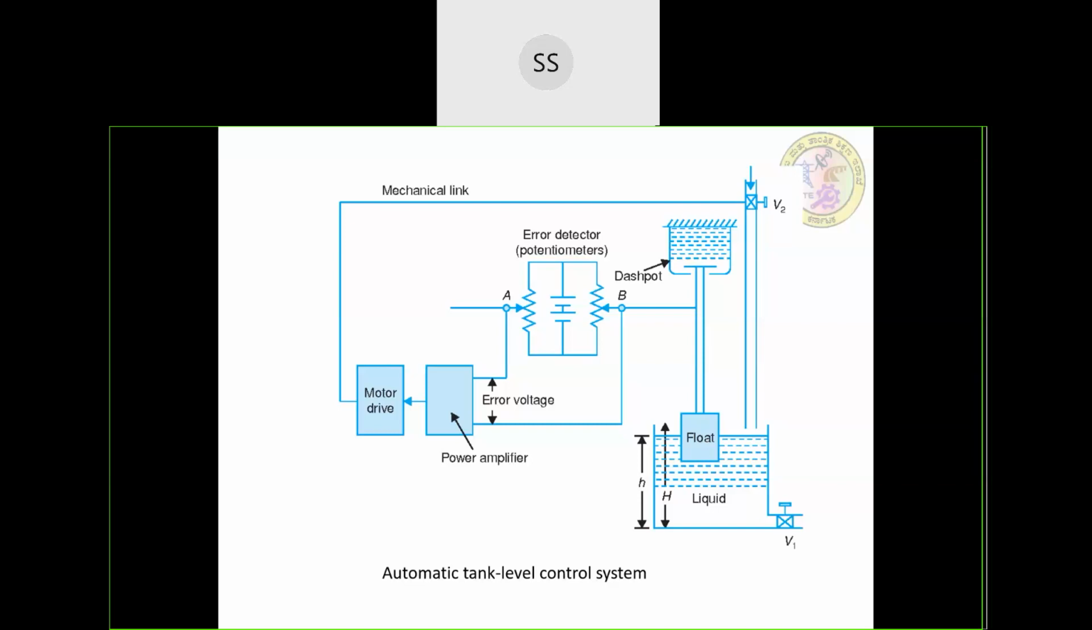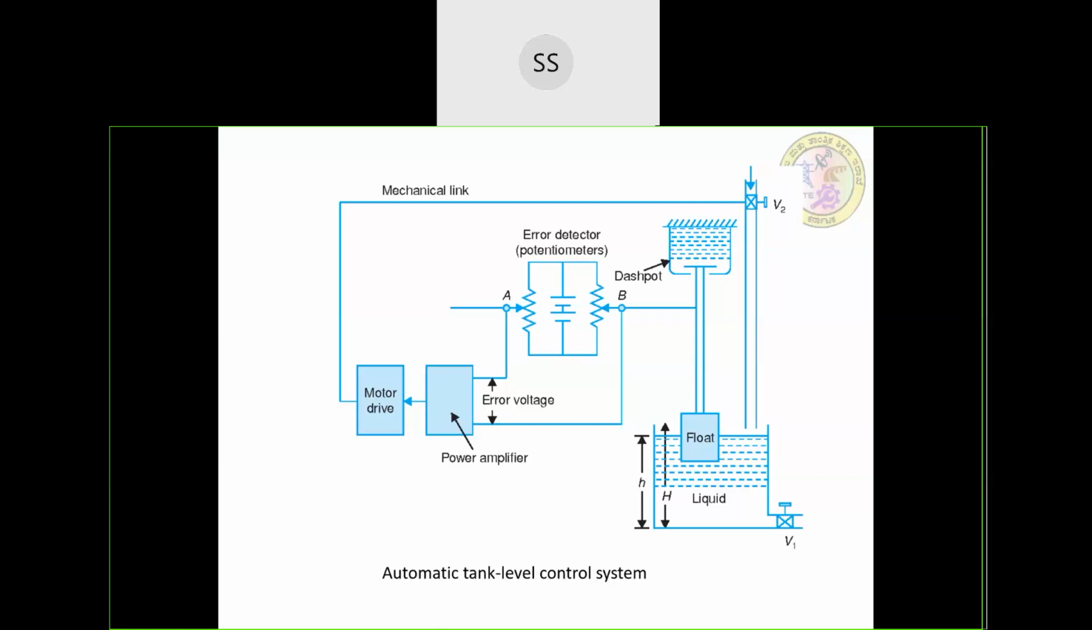Therefore the potentiometer here acts like an error detector. And whatever error voltage is generated will be proportional to the change in the liquid level. Once that error is detected, it is going to further control the opening or closing of the valve V2. This valve V2 is operated so as to restore the desired liquid level or water level